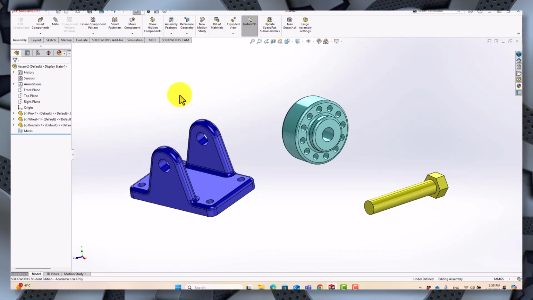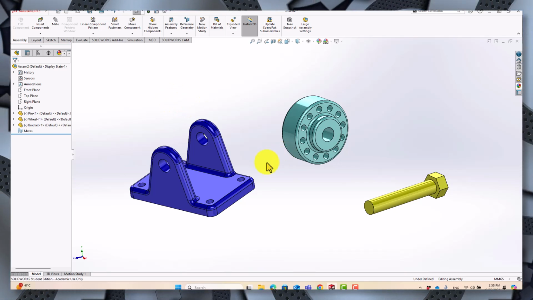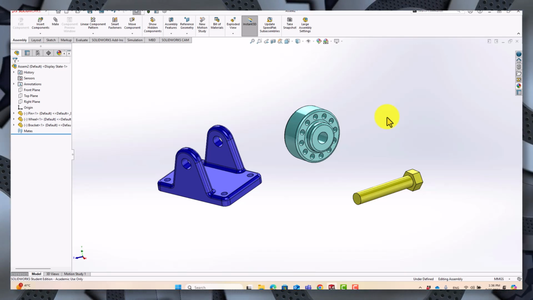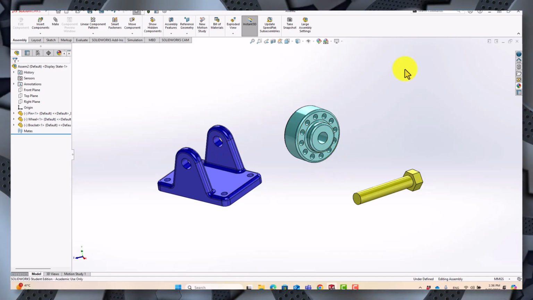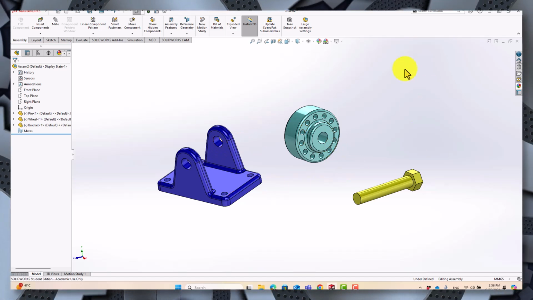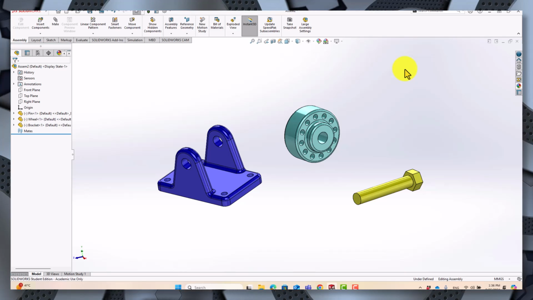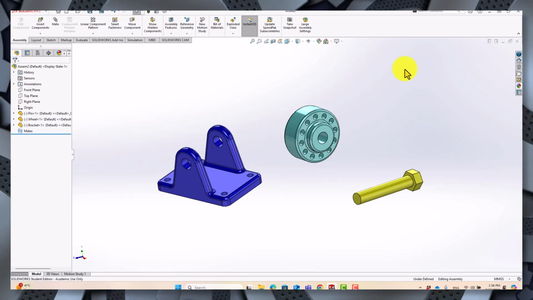The next thing you need to know is the following. The way that we assemble the parts together is very similar to the way that you would assemble the same parts in the physical world. If you can imagine holding all three parts in your hand, and you try to think of the sequence of assembling them together, you will find that whatever you're going to do physically will be exactly similar to what you will do inside SolidWorks, with some slight differences, of course, but the reasoning and the sequence will be almost the same. And usually this will be the same way